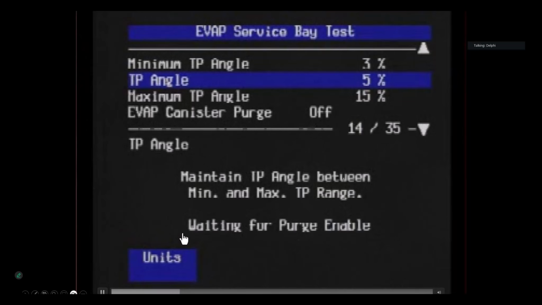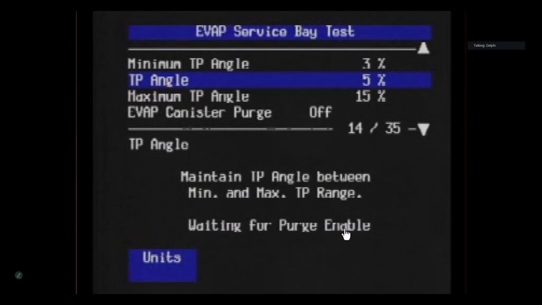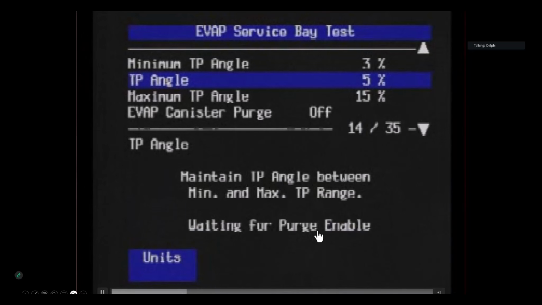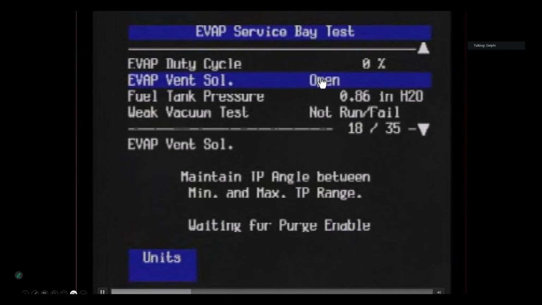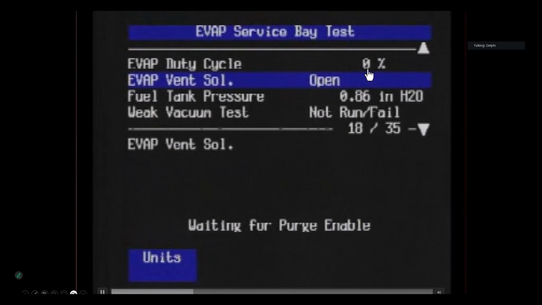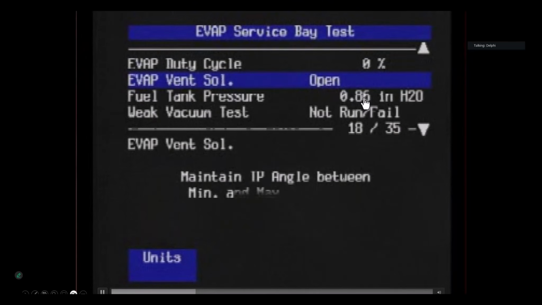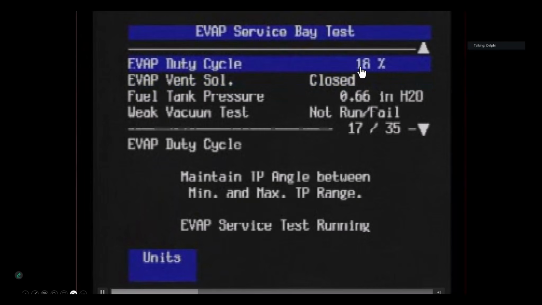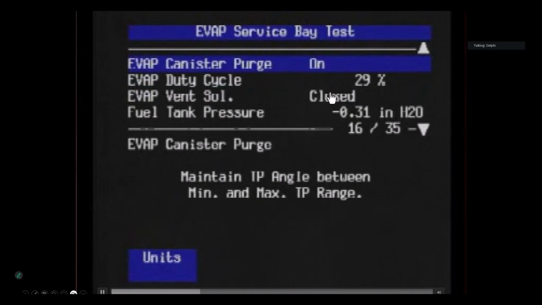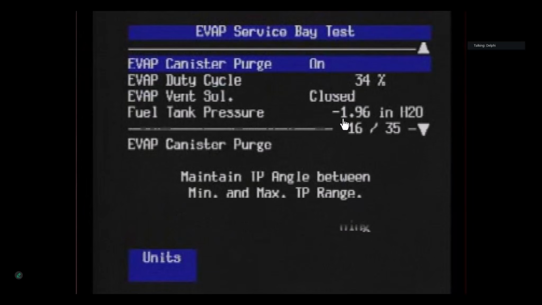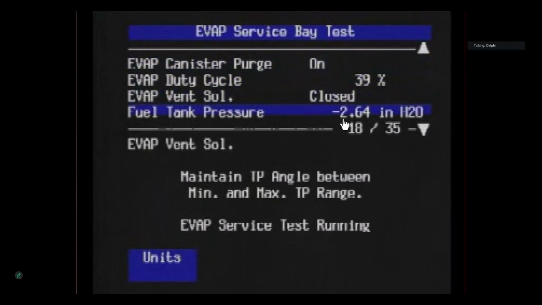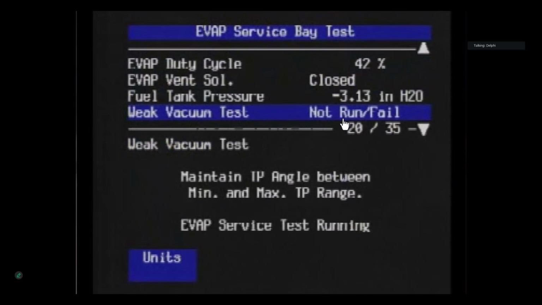Now it says it's waiting for purge enable. That means this engine is probably below 140 degrees. It's waiting for the 140 degree temp to begin to make things happen up here, and I'll show you when it does. Okay, you can see the vent is open, no duty cycle. You're at just a little bit of pressure here, minuscule. Now notice, purge is open, vent is closed. Watch how this draws down. We're doing the gross leak or weak vacuum test right now. So we watch it. It's pulling down,